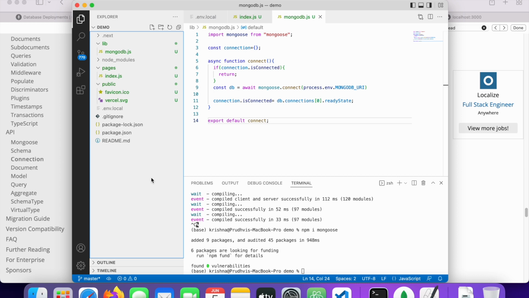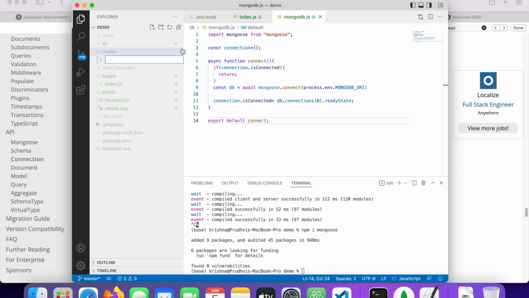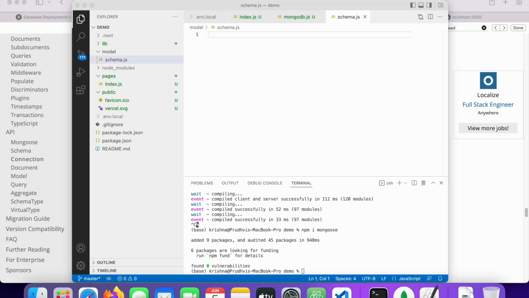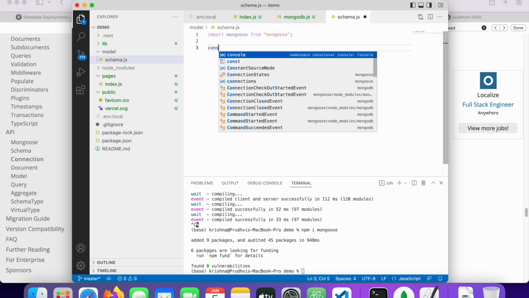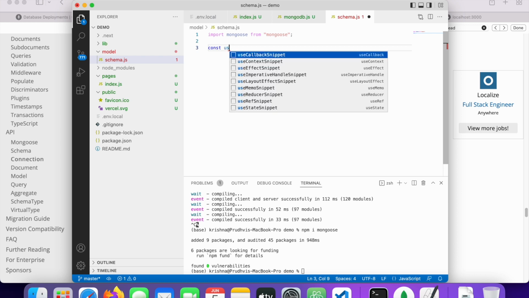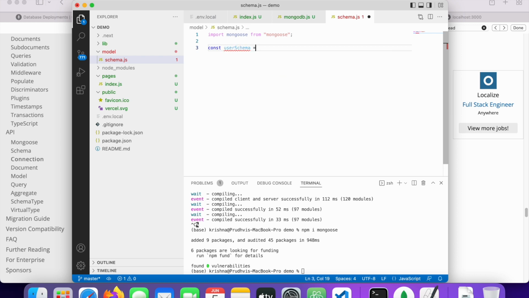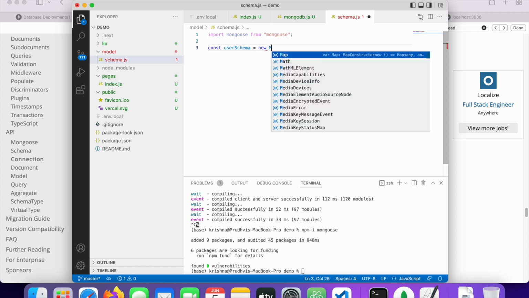So for that we need Mongoose anyways, and to create the schema we'll just keep it organized and create a new folder which is model, and in model we create a new file which is schema, and in schema we import Mongoose, and we're going to create a new constant which is userSchema which is equal to a new mongoose.Schema,